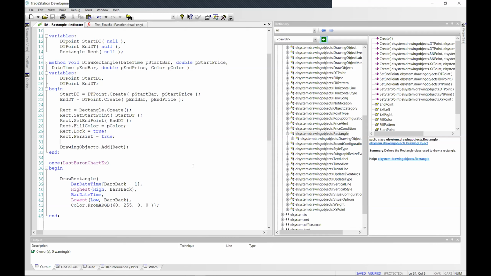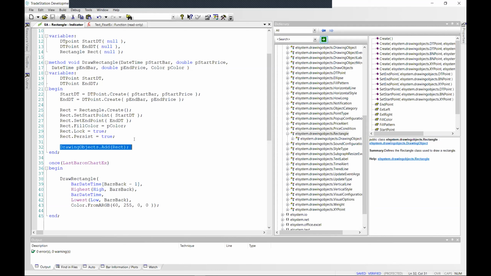So we'll set the start point and set the end point, set the fill color, a few other properties, and then we create the rectangle here, set the properties, and add the rectangle to the drawing objects collection.